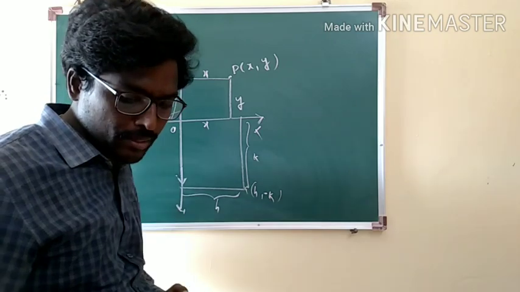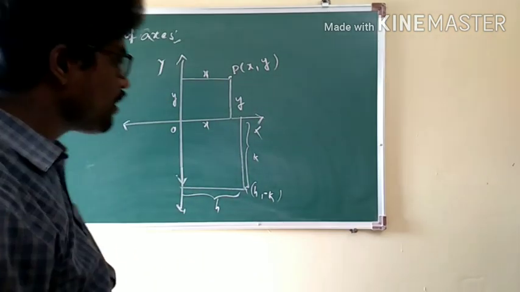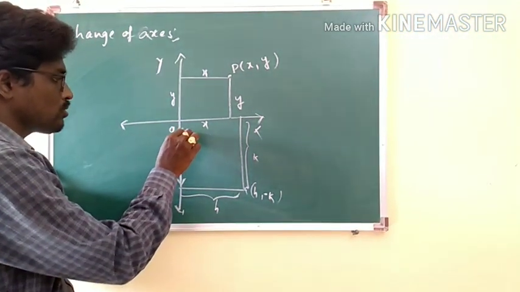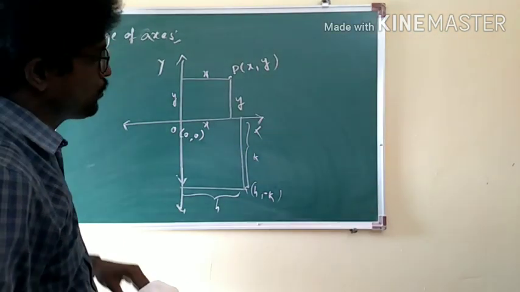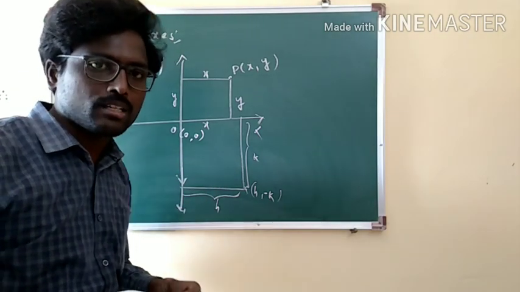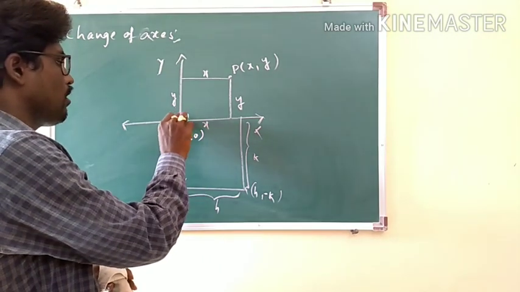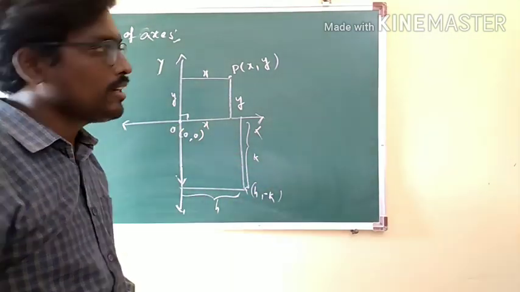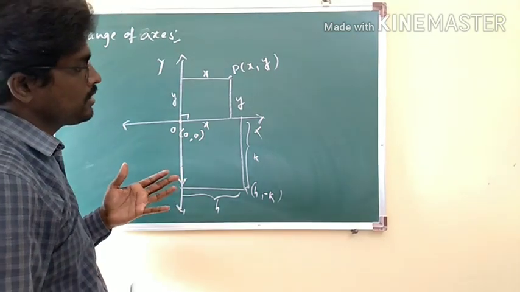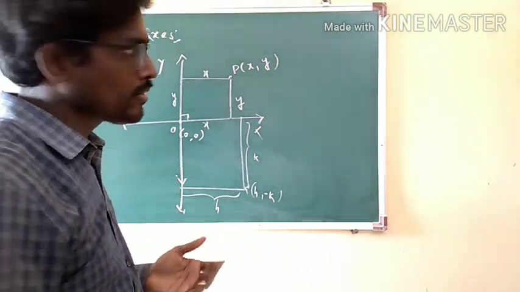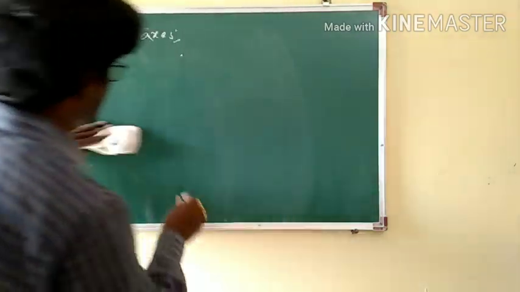But what happens to the coordinates when we shift the origin from (0, 0) to some other point? In this entire scenario we are taking the origin as (0, 0). The x-axis and y-axis are perpendicular to each other, and the point of intersection of the x-axis and y-axis we call the origin, and that is (0, 0). So what happens if we shift (0, 0) to (h, k) without changing the direction of the x-axis and y-axis?